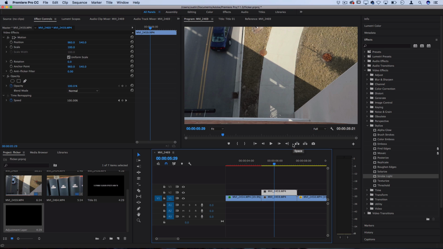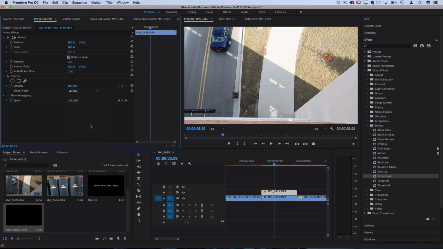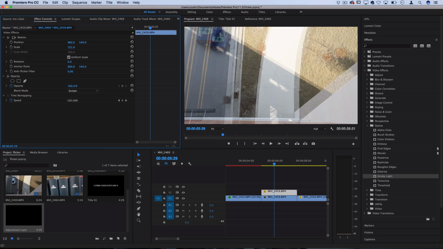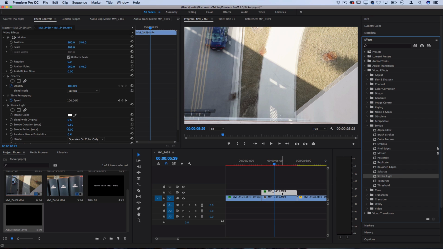So now what you can do is create changes or differences between these 2 clips. So for example, I could set this clip to a blending mode like screen or color dodge, and maybe increase the scale so we have a little bit of offset, or add some type of blurs or other effects, whatever you want, and then add a strobe light onto the copy so that you only see the copy on a